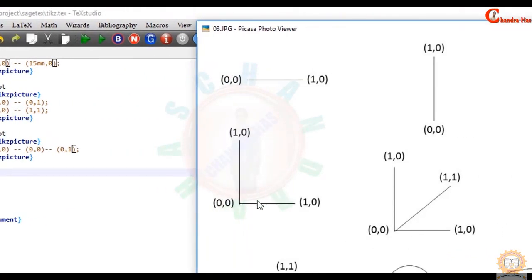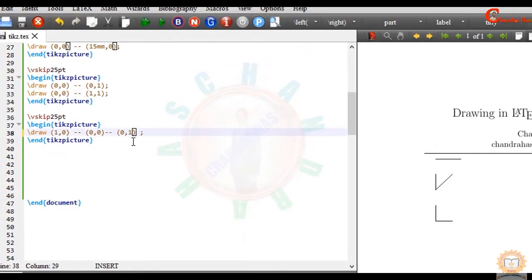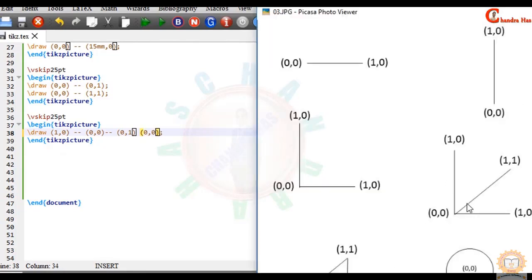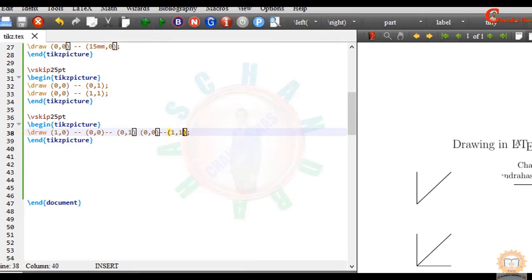Okay, here we have to add one line, so we cannot go continuously at each point. So this one we have already drawn, and this one we can add. Okay, just use 0 0. This is the starting point for this line. Okay, and then use 1 1, as you can see that.